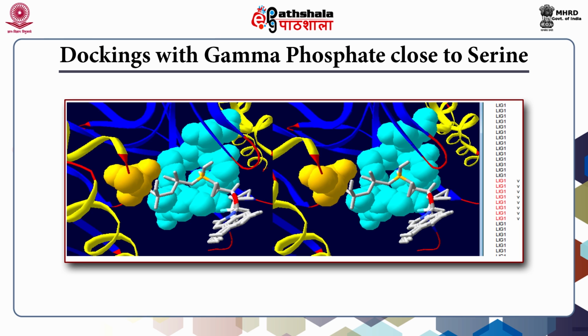P loop. We find that only third group with 8 dockings is fitting gamma phosphate of ATP next to serine 46 of Hpr, and that too without making any clashes with any other residue in Hpr Kp or Hpr. Therefore, this docking is correctly positioned to transfer gamma phosphate of ATP to serine 46 of Hpr in the kinase